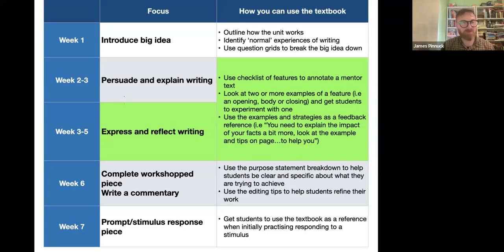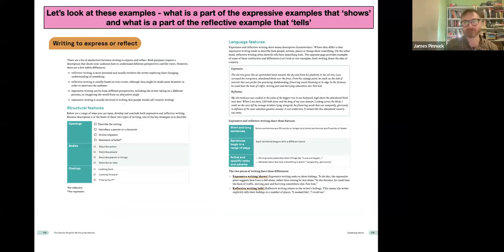Okay, so you'd spend a few weeks on that, and by the end, you want students to have a go writing about one idea they're interested in, in either persuade or explain mode. And then over the next few weeks, you look at express and reflect writing. Similar deal. You start by looking at the opening page spread,